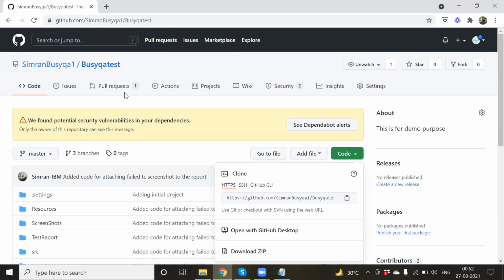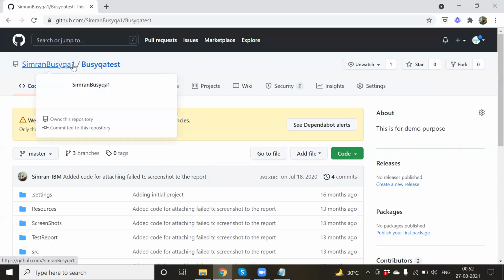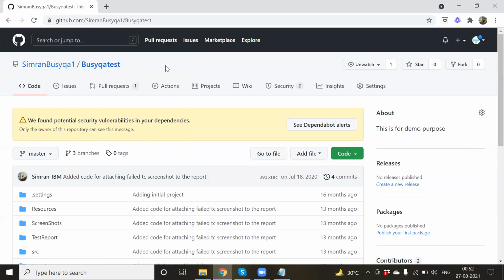Whatever change I have, right now I'm having the changes in my local. I want to showcase it globally. It should be accessible to everyone globally, whoever is having access to this GitHub. Basically, if you're working in a team, then it will be very important. Also, you need to have a decision: